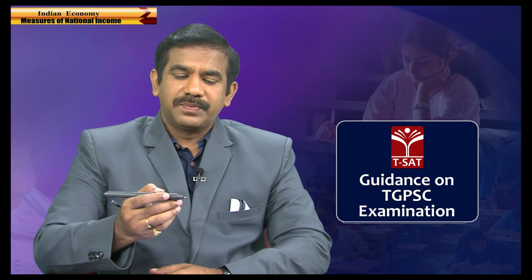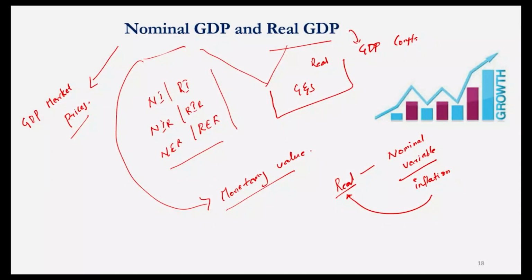But real GDP is expressed as GDP measured at constant prices, or what we call base year prices. So, as of now you might be aware we have a base year somewhere around 2011-12. This year in our country we produce some output. If this output is being measured at the prices prevailing in, let us say, 2011-12, I mean if I am trying to estimate the value of the same pencil at a price prevailing in 2011-12, in such a case that particular GDP is called a real GDP.